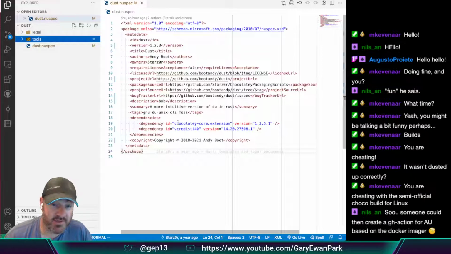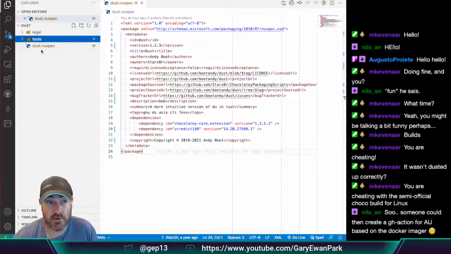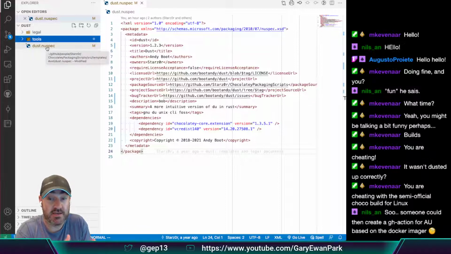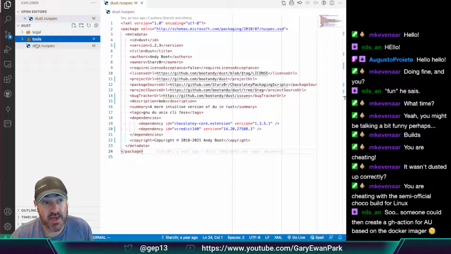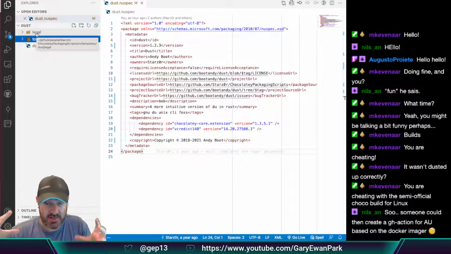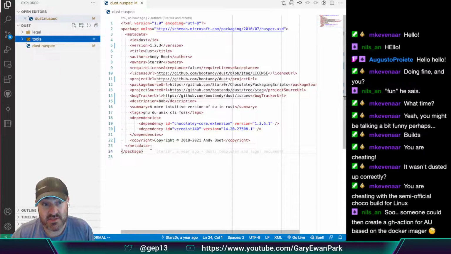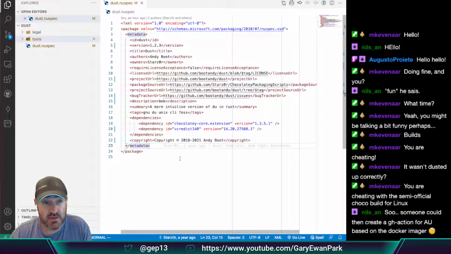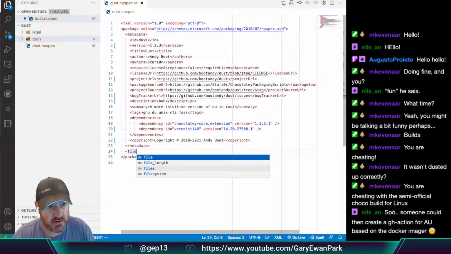Now, what happens is that when you have a structure like this, Chocolatey will attempt to be greedy in the sense that any files and folders that exist in this folder when you run Choco Pack will be collected together and stuck into the resulting nupkg. The reason that happens is because in this current situation, there isn't a files element. Now, if I were to put a files element in here,